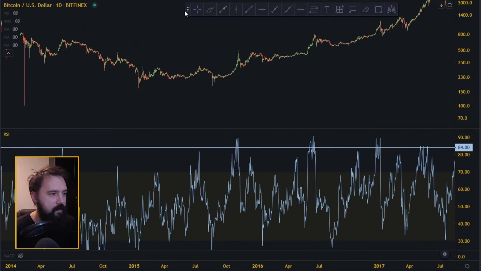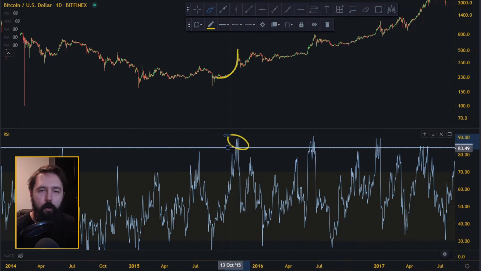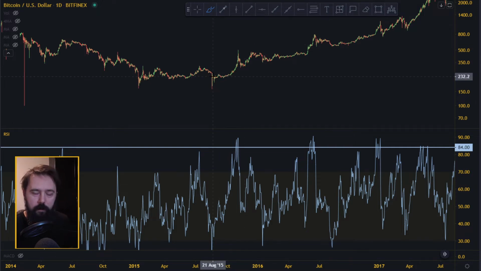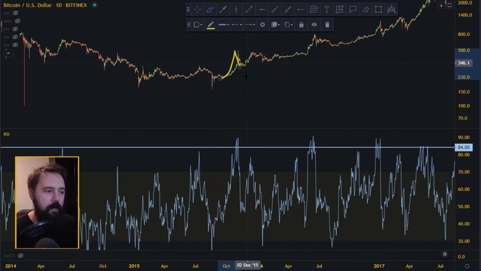So we're going to start here at this first parabolic move over here, and you can see the price over here popped really hard above, all the way up to 89. But the only way it managed to pop up to 89 is because we had a parabolic move, like with the ball and the half pipe, you have to push it. You have to take all the force, push it, and you cannot stop pushing. You just have to push it until you get to the top, and then it goes right back down, right? That's what happened here.